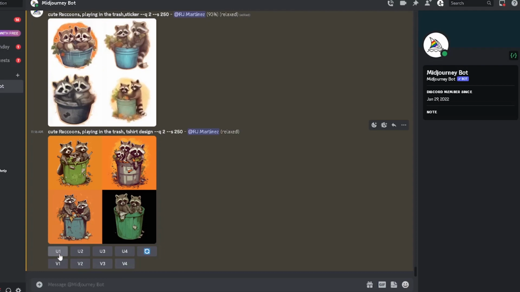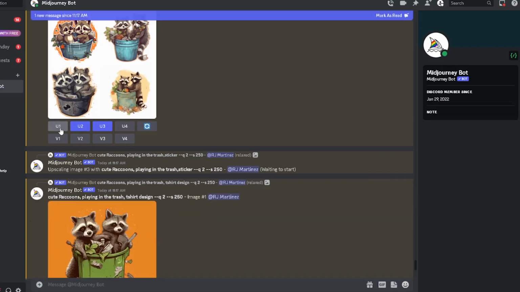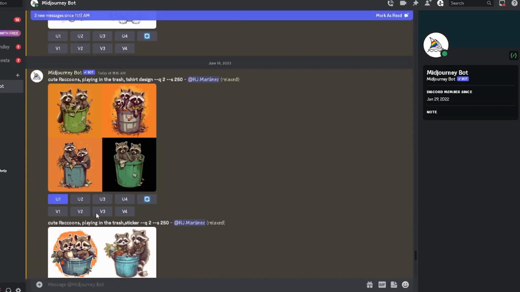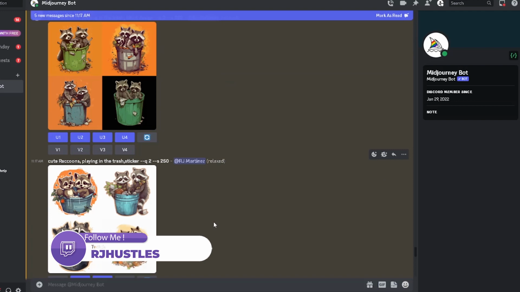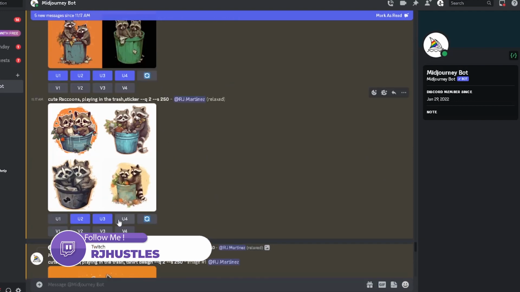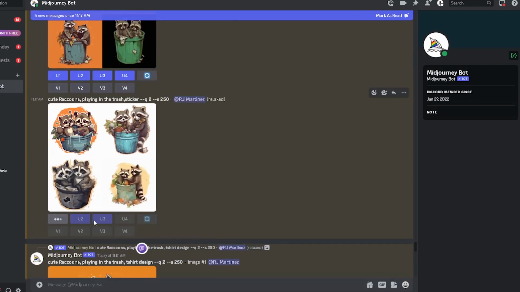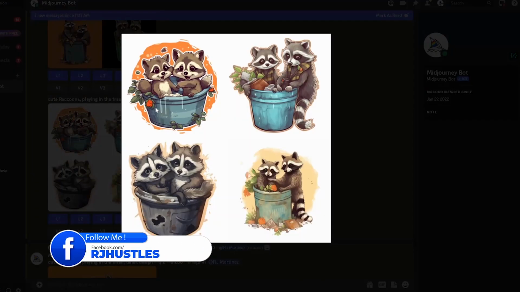So let's go ahead and, I actually hit those two on accident. That one, and you can see how fast it does it. Okay, those ones are done, that set's done. I accidentally hit these two too. I'm not sure how I did that, but I might as well just upscale those two as well.